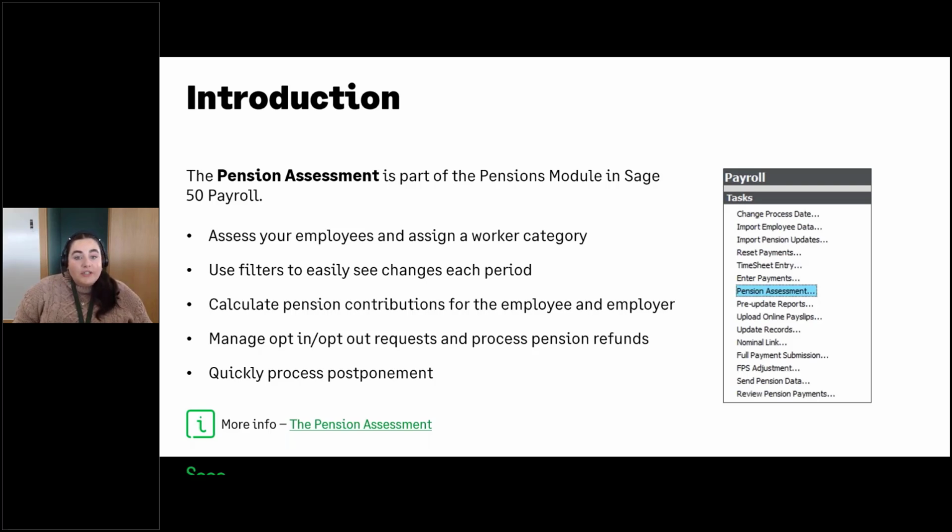So what the assessment does, it allows you to assess your employees automatically, and it'll assign the appropriate worker category to them. And if anyone is assessed as eligible for automatic enrolment, it'll automatically assign your pension scheme to them. It allows you to easily filter and view any changes that have happened from each period,